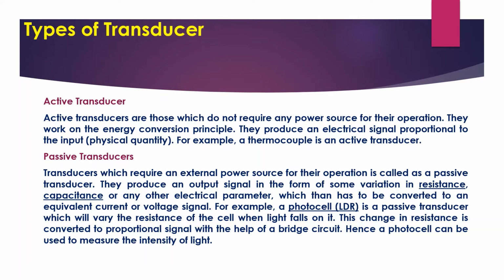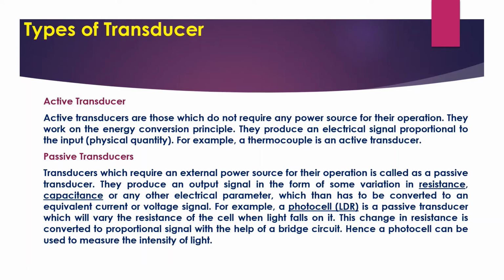There is one more type of transducer which cannot produce its own energy. They will be part of some electrical circuit. So when a non-electrical quantity changes, the parameter of the transducer changes. Therefore, the electrical parameter of the circuit of which they are part will change, and that is how a corresponding voltage, current, frequency or a particular oscillation will be produced. So they don't have their own energy, right? For example, resistor, capacitor and inductor are a few examples of passive transducers.